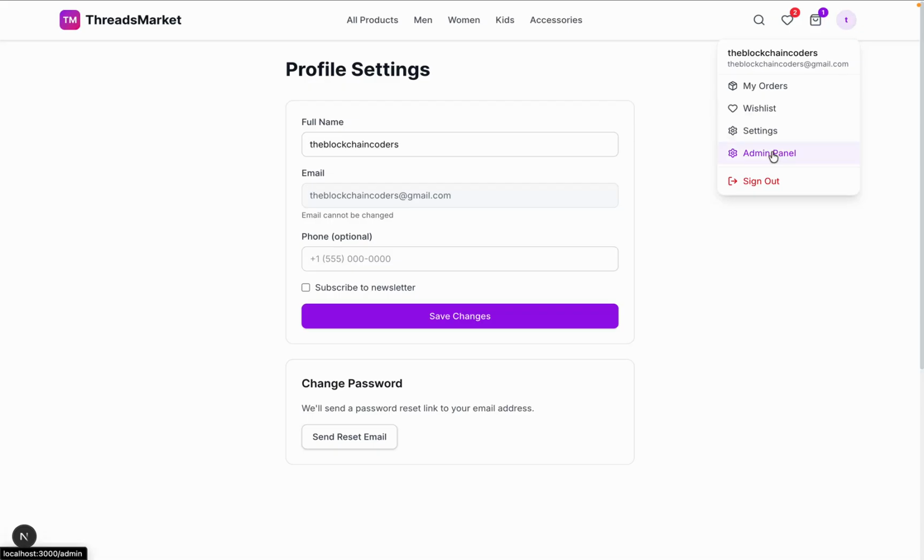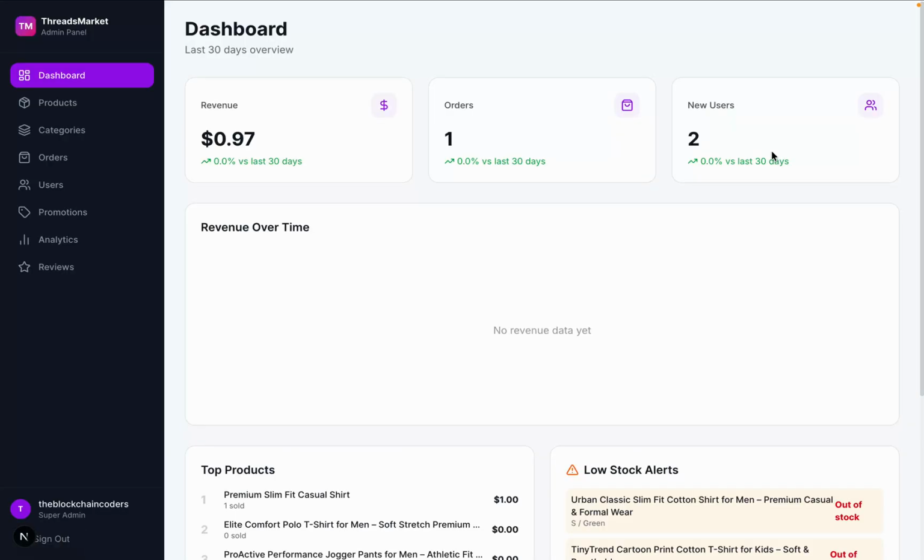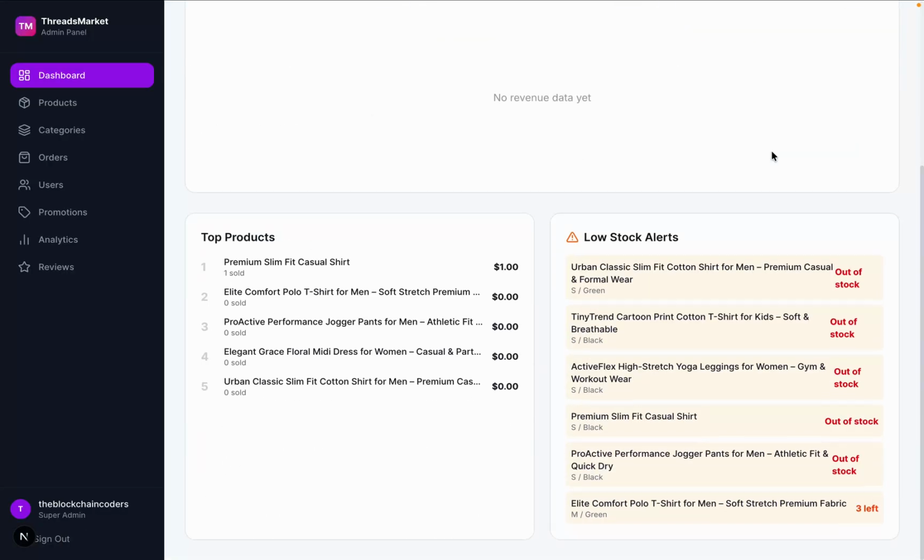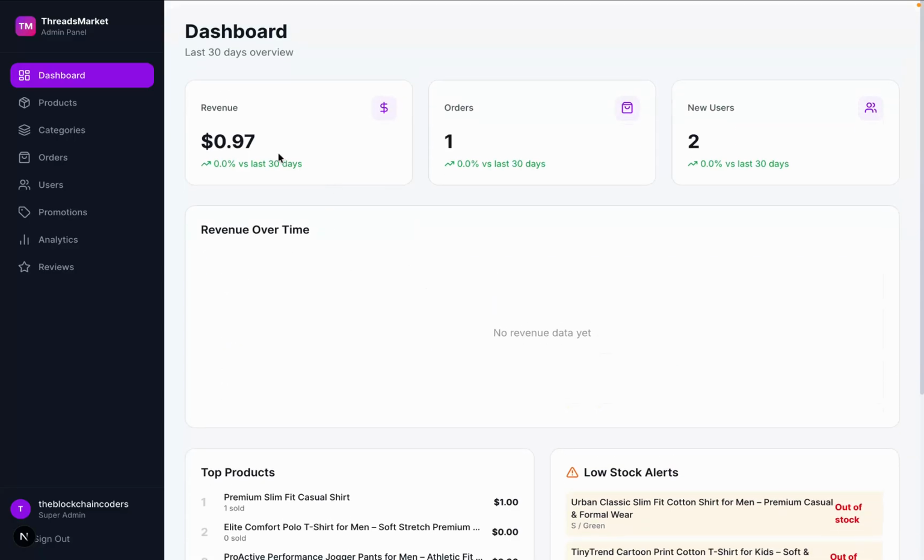So I'll simply click on this admin panel and you will find that I will come back to the admin panel because this is the account which I'm connected. It has the admin level access. So you will find that this is how the admin panel would look like. You will find all the top products which got sold. You will find the products which are out of stock and how many products are left. That's all the alerts you will find. You will find the total number of sales you have made, the orders and the number of users you have